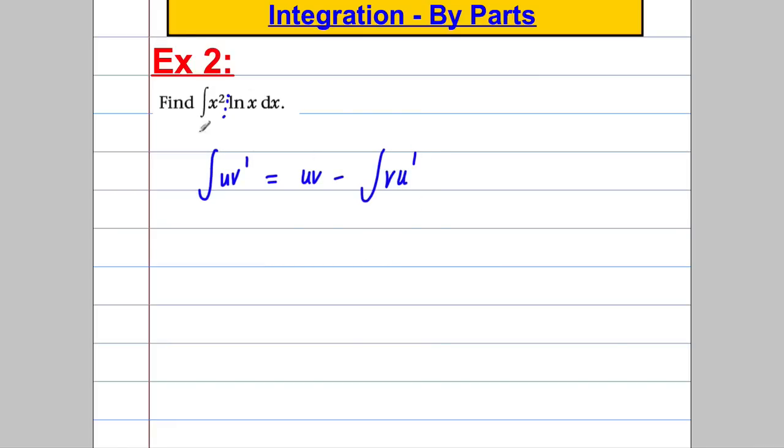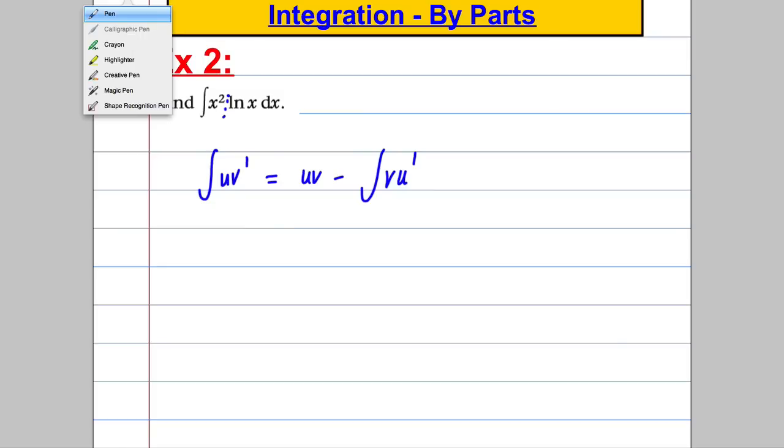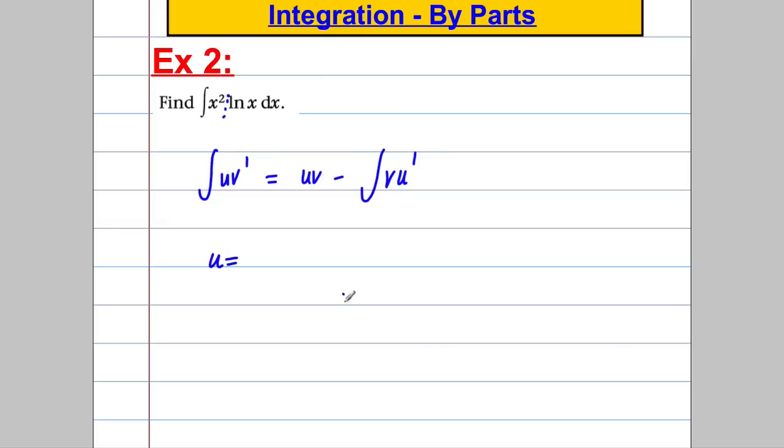Now, the key is, what do I choose to be my u and what do I choose to be my v? So what's my u and what's my v dash? Whatever I choose to be my v dash, I have to be able to integrate it. And as such, I don't know the integral of ln x. I know the differential of ln x is 1 over x, but I don't know the integral of ln x. So ln x wouldn't be a good choice for this, so x squared is going to be the best